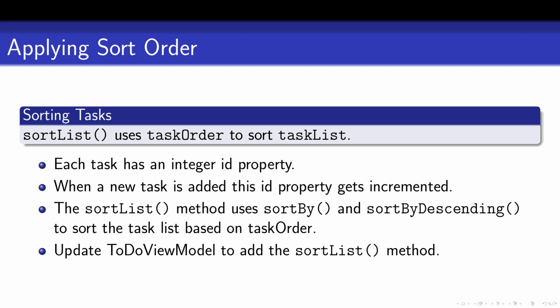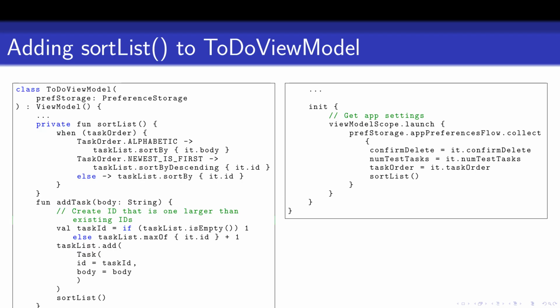Task sorting in To-Do ViewModel uses the task order setting to arrange tasks dynamically. This code snippet shows a sort list function that sorts tasks by ID, newest first or last, or alphabetically based on task order. This ensures the task list reflects user preferences instantly, providing a tailored and intuitive experience in the